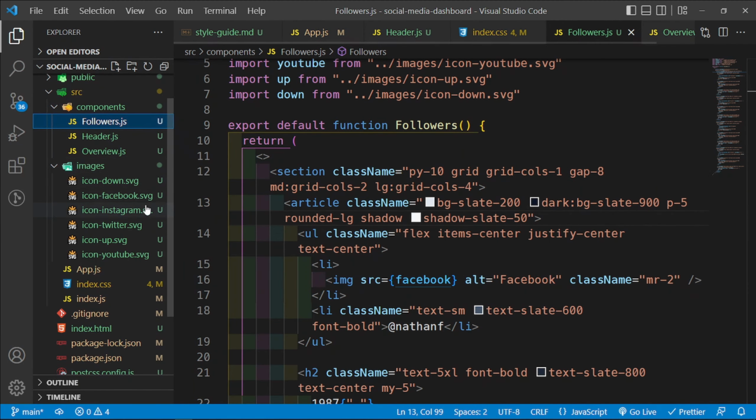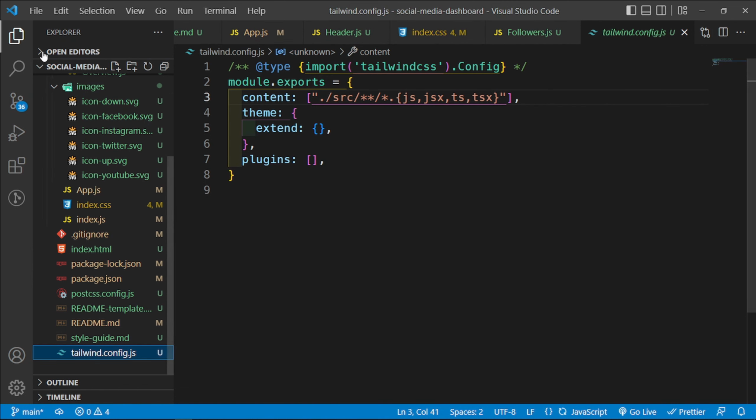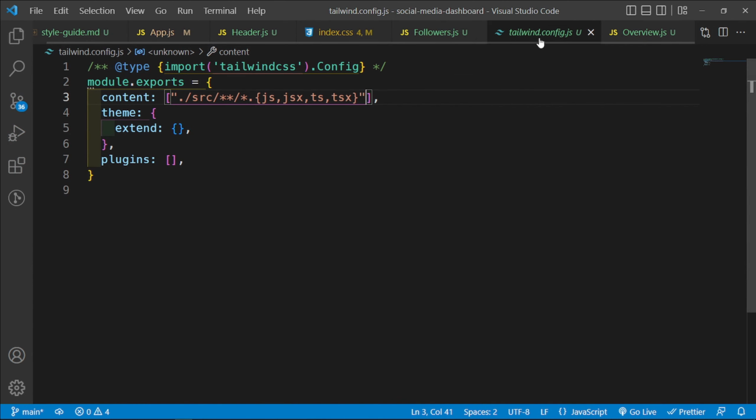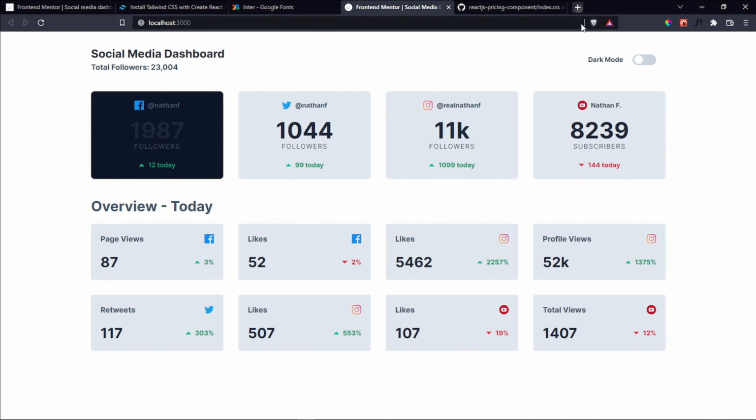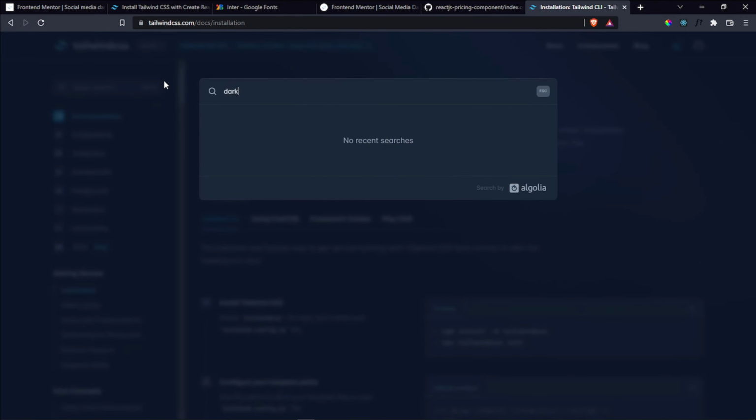Then inside our Tailwind config file here, how was I doing it? I've forgotten how I was doing it. There we go. So let's Google how we add dark mode to Tailwind CSS. Let me see, where's the search box here? Let's see, dark mode